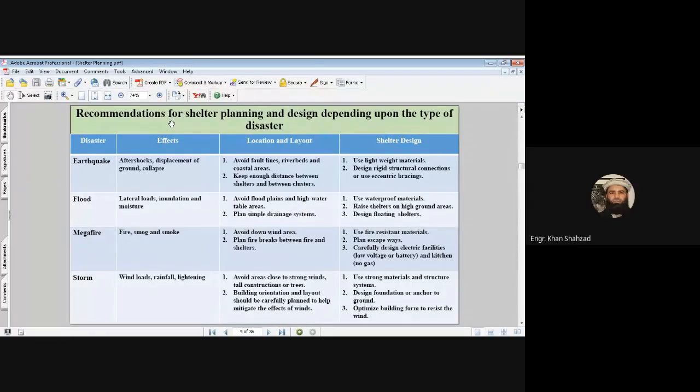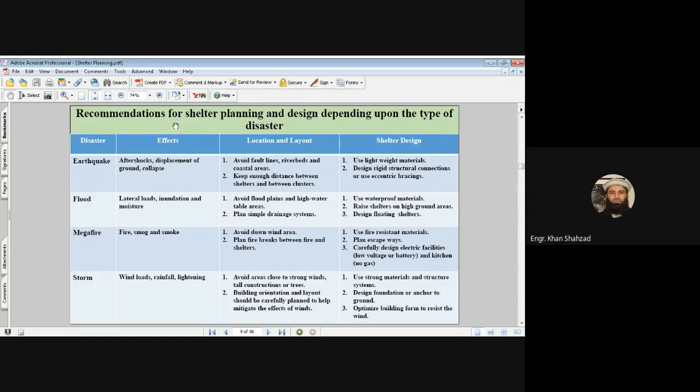Exactly, you are talking about the houses, but in the case of shelters, if there is fire in one shelter, it will cover all the area in which you have made the shelters, because they have only tarpaulin or some plastic sheets or these things. They have no walls, and they have no fire resistant structures.